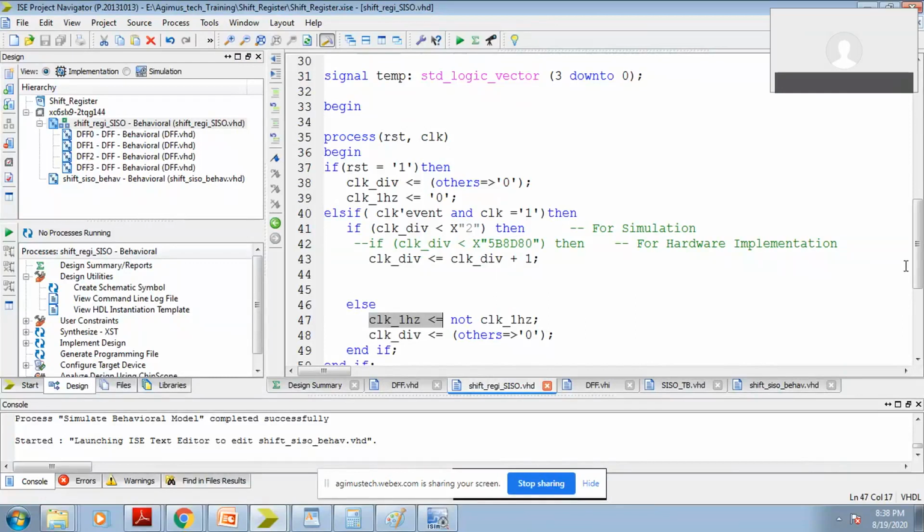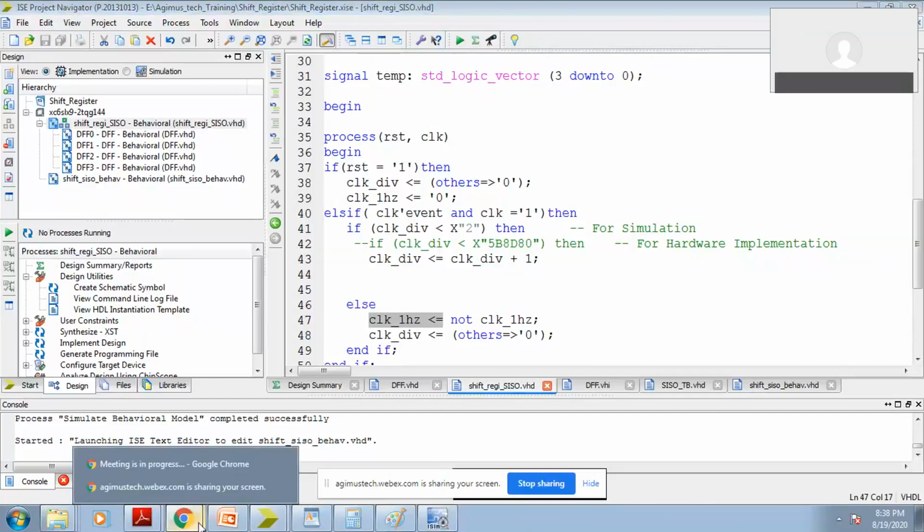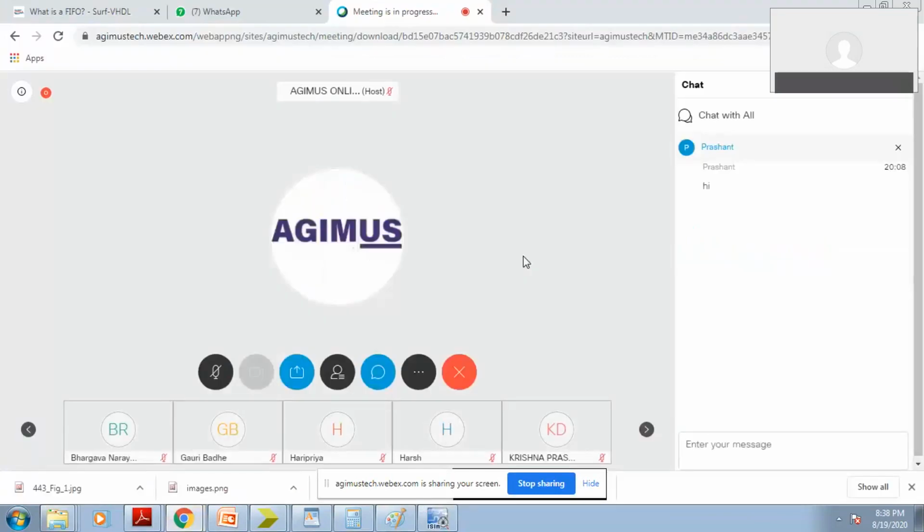That is also possible using this method. Then you can see the flashing of LEDs, and by a stopwatch you can check whether it's generating the 1 second time delay or not. Hope I've answered your question.